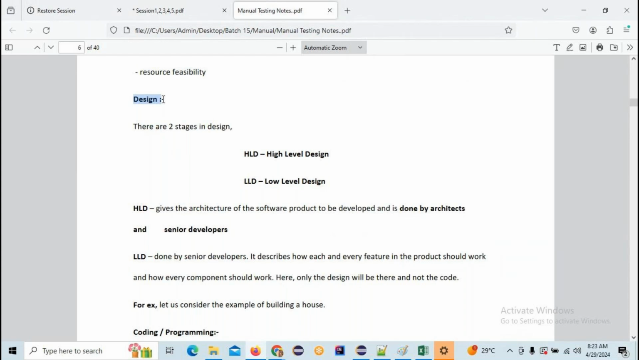As with an apartment, initially they will give the design of the elevation, how it looks after construction. That is called HLD. LLD means we can see the 3D picture of the flat, how that room will look, and what are the dimensions of the bathroom, bedroom, and hall. All this detailed design is called low level design, and the overall design is called high level design. That high level design is done by the architects and senior developers, and low level design is done by the